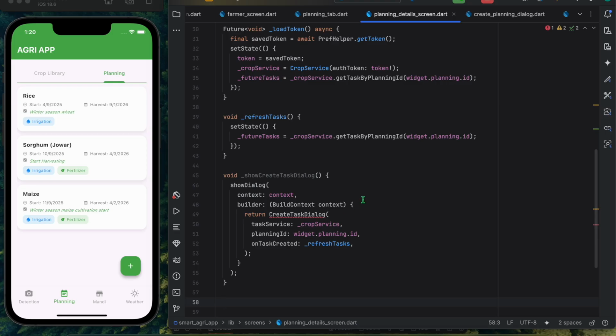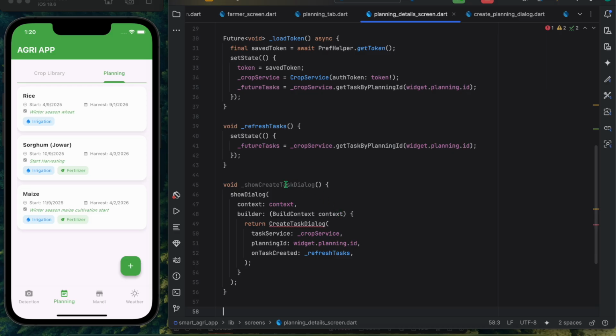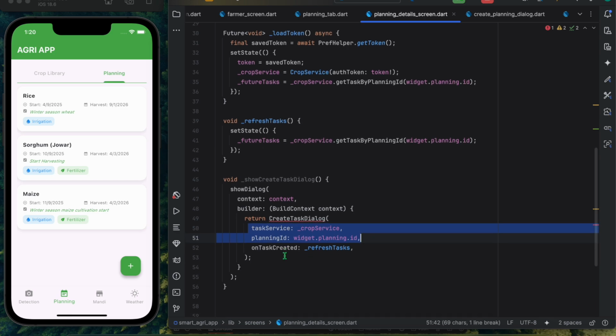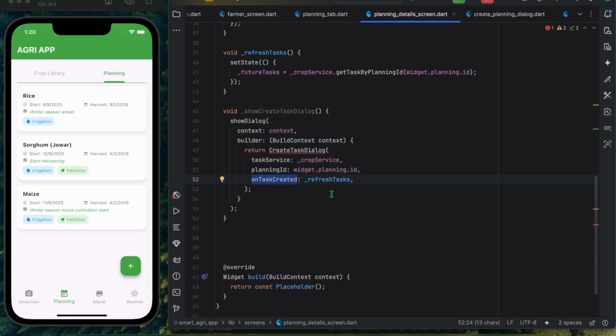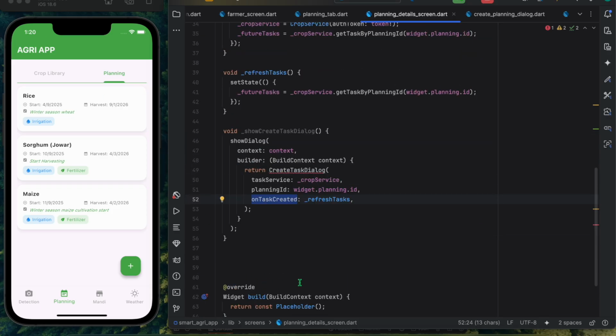Okay, as you see here, similarly for our planning, we are creating one show create task dialog. Also we send this task services and planning ID. Also we created an on callback function on task created. On task created, we are going to simply refresh the task. Okay, so now here, for plan details, we are going to create, update and delete tasks